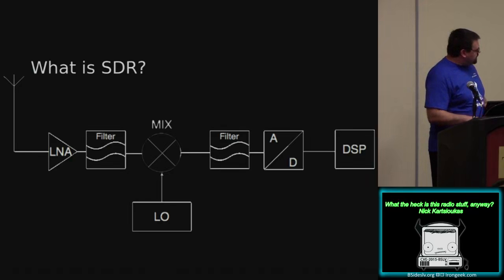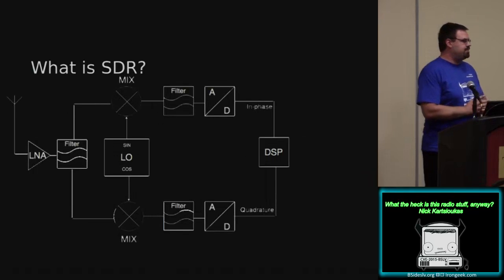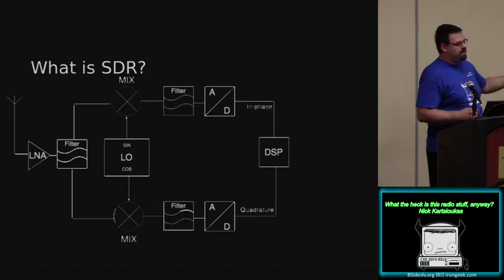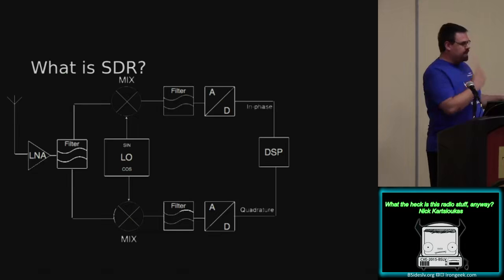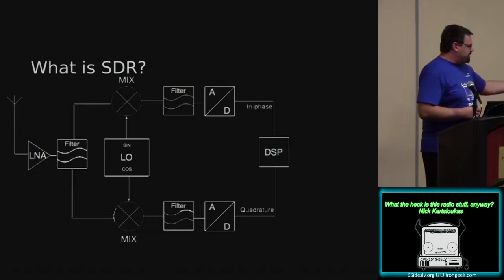There's another way of doing this too, where you set up your local oscillator and have two mixers. Then the oscillator feeds a sine wave and then a 90 degrees out of phase wave, or a cosine wave, into the other mixer, and you end up with what's known as the in-phase and quadrature signals. The disadvantage of this is obviously there's a lot more stuff you have to put in, it's more complex. The advantage is